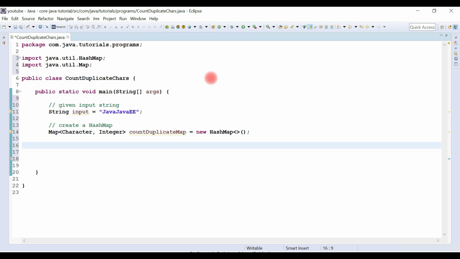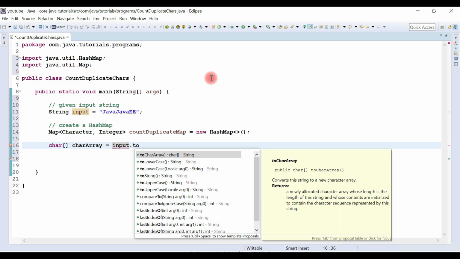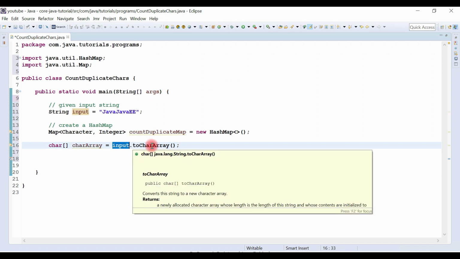Now once we have a map, then what we'll do, we'll split the string into a char array. Okay, this is the char array. Let's use the toCharArray method to convert string into character array.